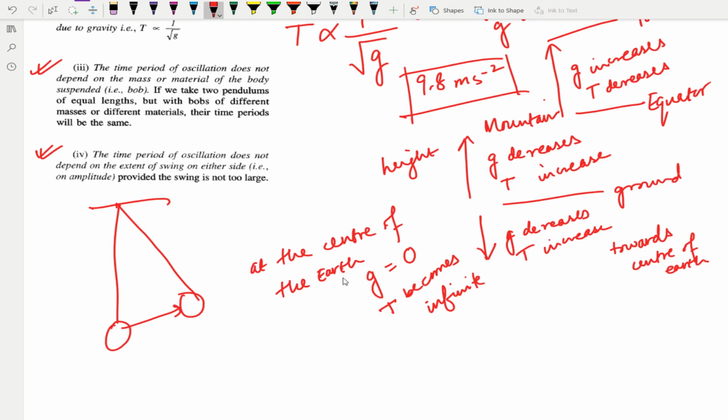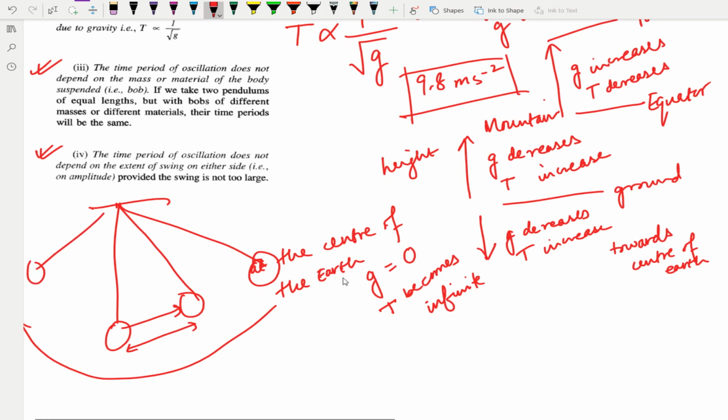So when you are taking it to the extreme position, this amplitude, if you take it to this end and release, it will go to this side. And if you take it to this side and release, it will go to this side, amplitude. In both the cases you will see what will happen is, if you take it to this side and release, suppose it takes 2 seconds to move from this side to this side and come back here for one oscillation.